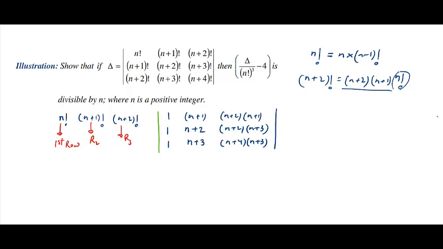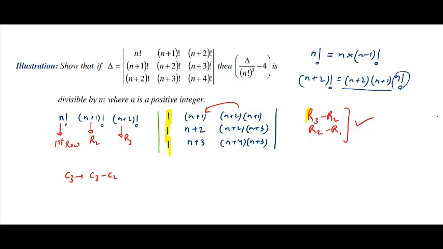And now you have a standard approach, since we get three ones in this column, but I use something else. Although you can again go for the conventional approach of R3 minus R2 and then R2 minus R1. You can use it. This is correct, and this is not incorrect. But I'm illustrating something else. So I use a transformation: C3 becomes C3 minus C2. So from the third column, we are subtracting the second column. Now let's see what happens.